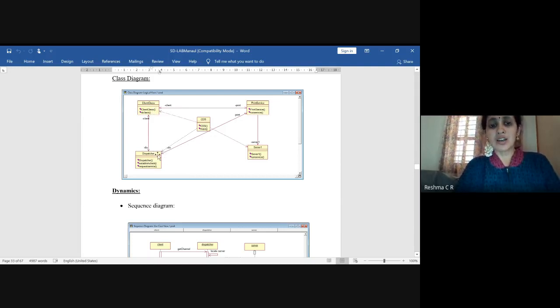When it connects to the dispatcher, the first job of the dispatcher is to establish the client, that means a communication channel will be created. Once the channel is established, it will invoke the request service. Once the service is invoked, it will be passed directly to the print service.